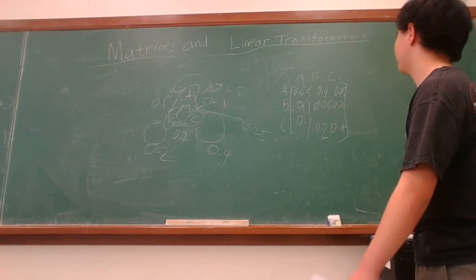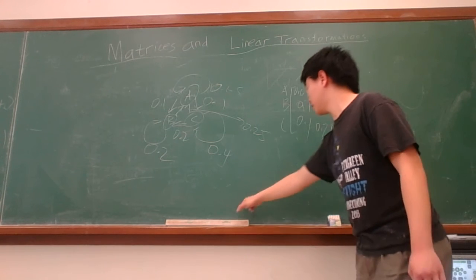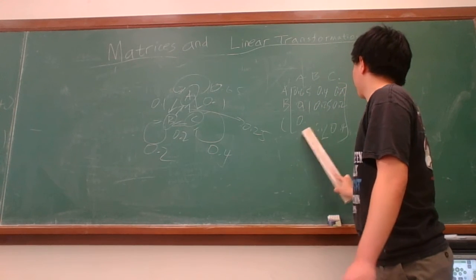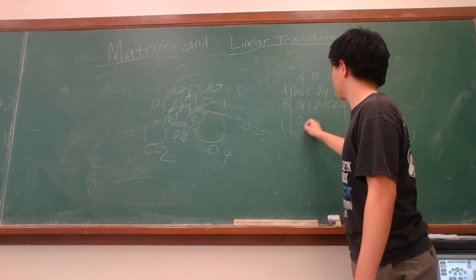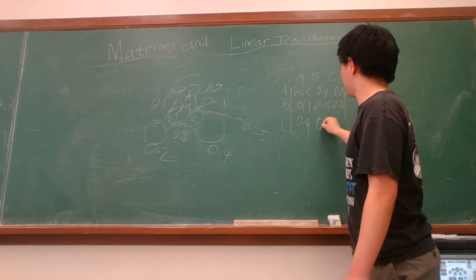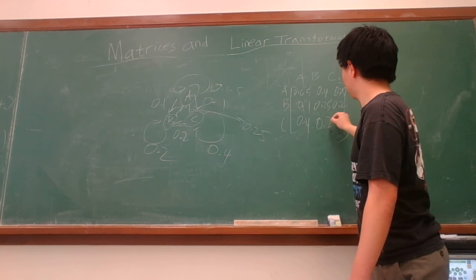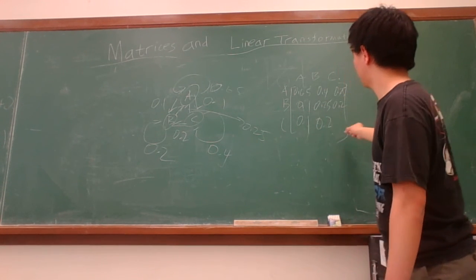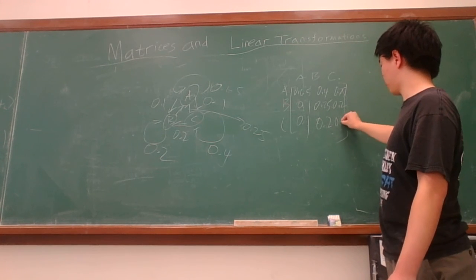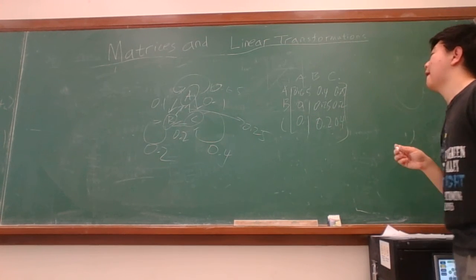Is this... it's ugly. So this is 0.4, 0.2, that's 0. Okay, so